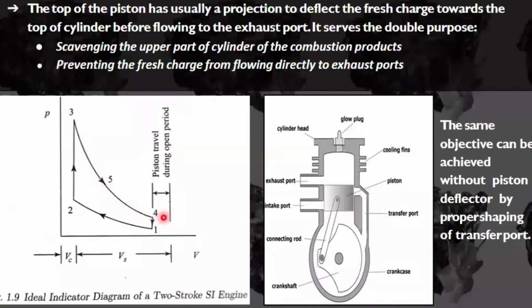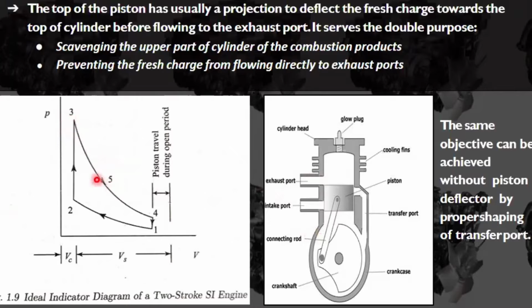Process 3 to 5 is nothing but the exhaust event. During this event, whatever the exhaust gases, the combustion products, are there, they leave the cylinder to the atmosphere. Why is process 3 to 5 accommodated like that, instead of being at the end? Because it is done during the expansion stroke only. All the gases leave to the atmosphere during the expansion stroke. So that's why process 3 to 5 is here. It is nothing but the exhaust event, and it occurs during the expansion stroke only.